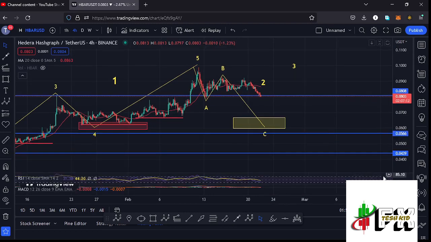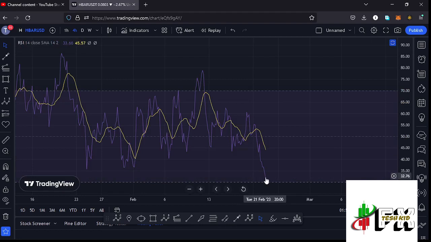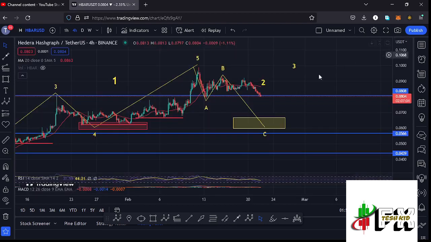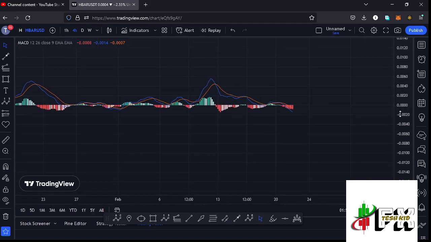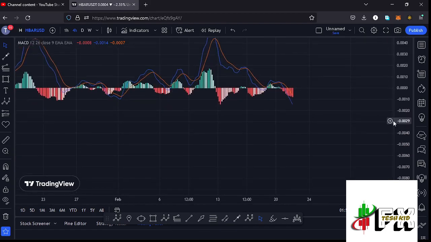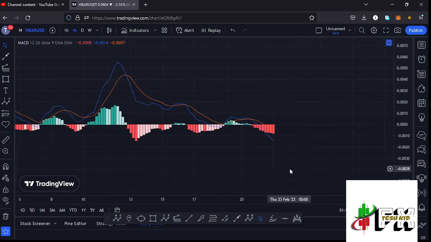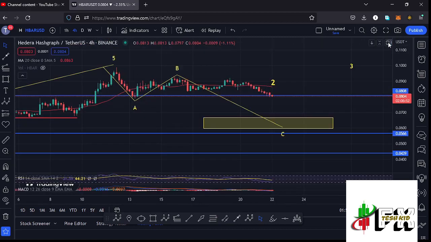And also taking a look at the indicators here on the RSI, we are trading at around the 31 mark, meaning we have massive room for us to fully support lower prices in the formation of that wave 2 on the RSI. Also taking a look at the MACD, we have been able to print a bearish cross, and we're also seeing an increase in the selling momentum here on the MACD, fully supporting lower prices in the formation of that wave 2.